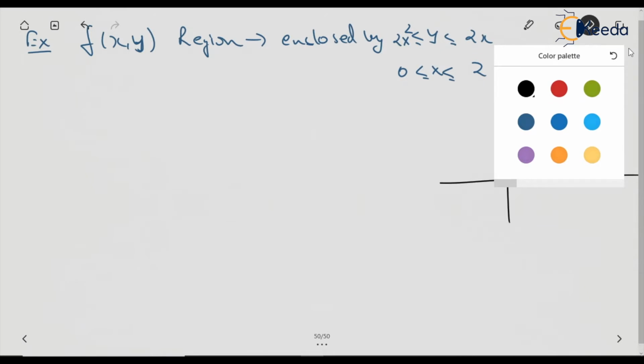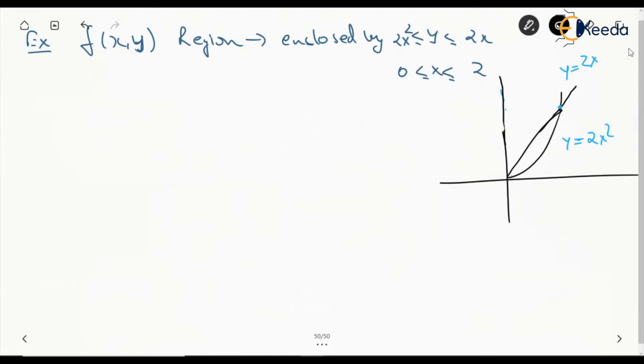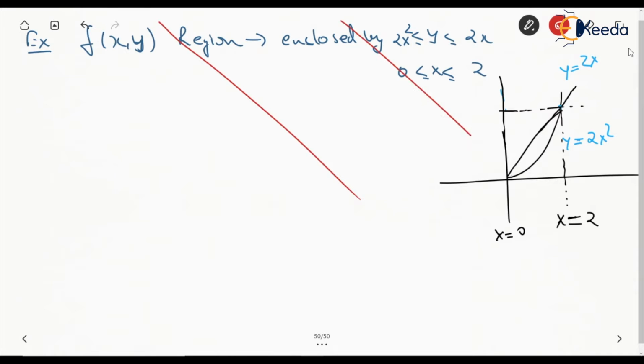And in that case we can see this line is going to be x is equal to 2 and this line is going to be x equal to 0. So obviously the limits are satisfied. If I say x is equal to 2, then y is going to be, sorry, 2 comma 4. For x is equal to 2, the values are given wrongly. We'll do it again.